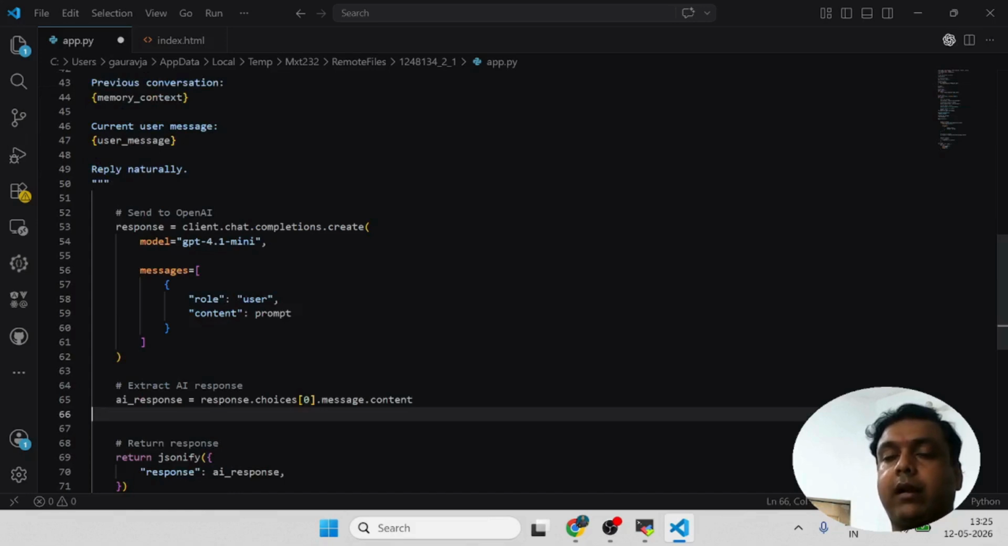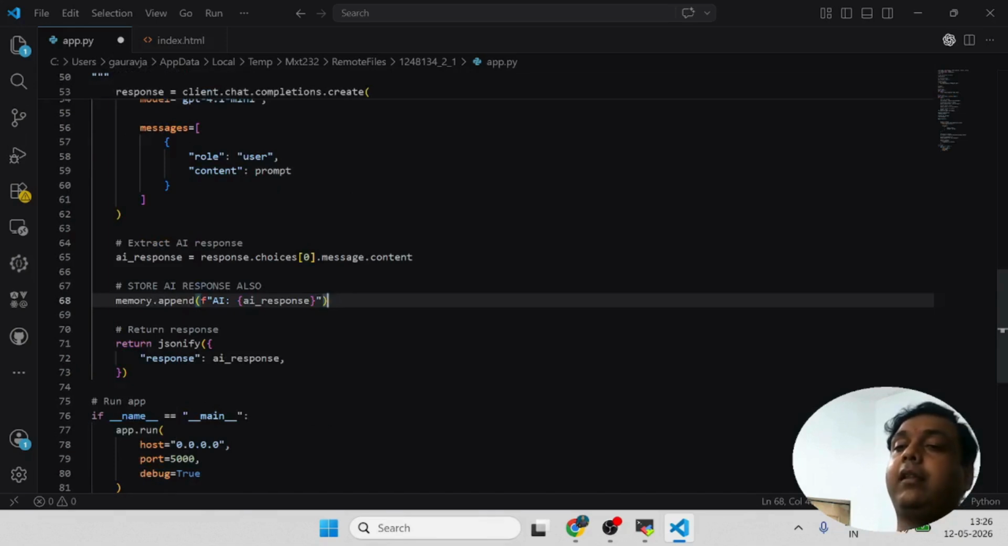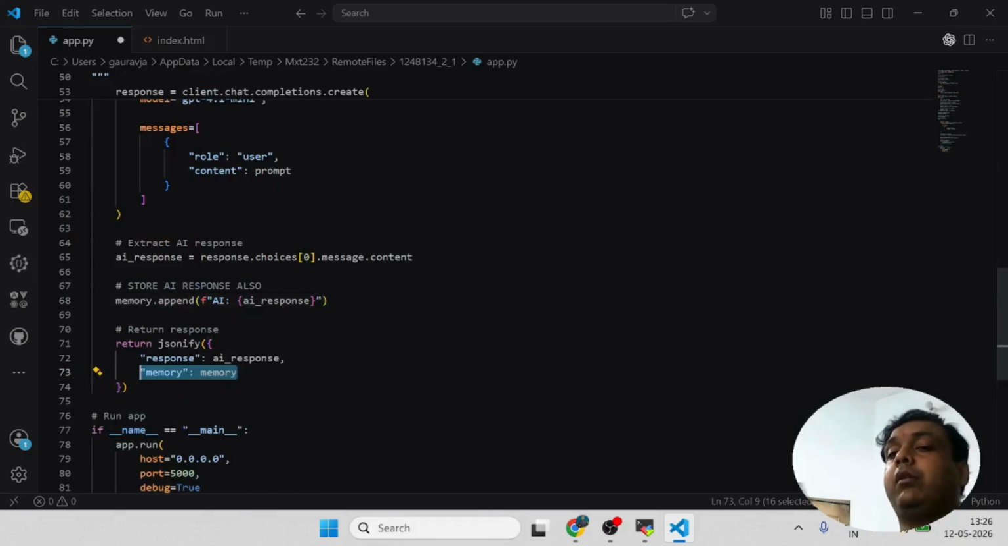And last but not the least, we have to store the AI response also. So this is how we can store the AI response. Okay, we have to store it back into the memory. Remember this concept. And finally, besides returning the AI response, we will also have to return the things present